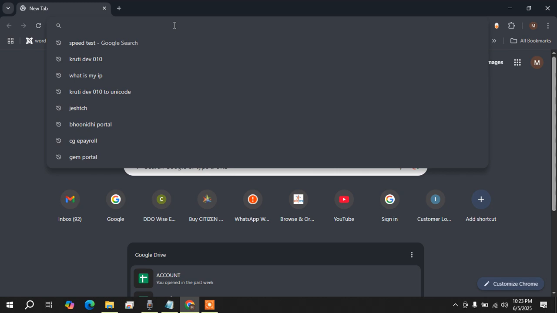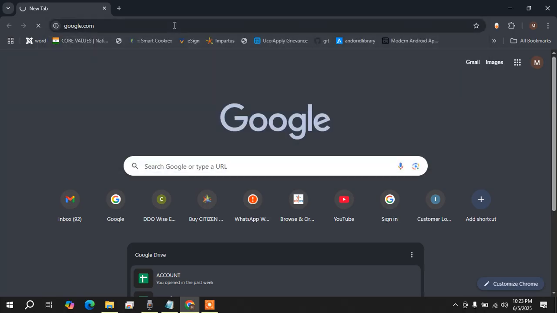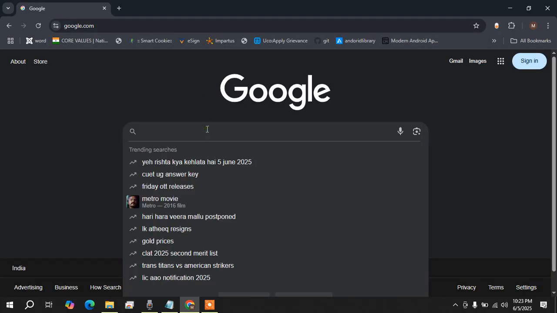See how to log in to e-office. E-office में कैसे log in करना है ये हम इस वीडियो में देखेंगे. In Google you simply search